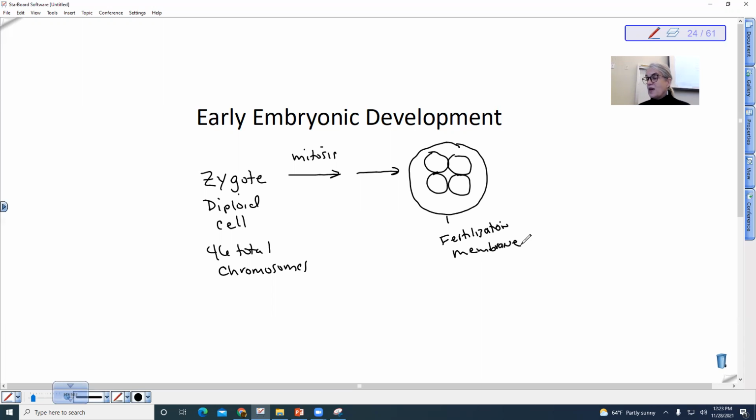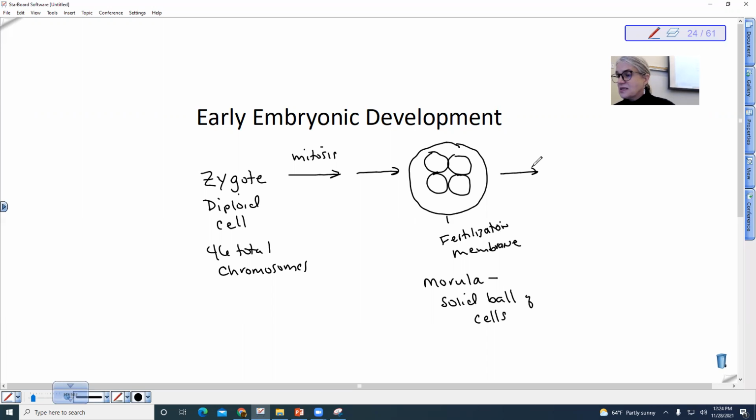So early on, we have a stage of embryonic development which is called the morula. And the morula is a solid ball of cells. So that is going to be like 8 cells, 16 cells, and every time the cells undergo cell division, they get smaller and smaller. But eventually, we're going to develop a hollow ball of cells, which is called a blastula